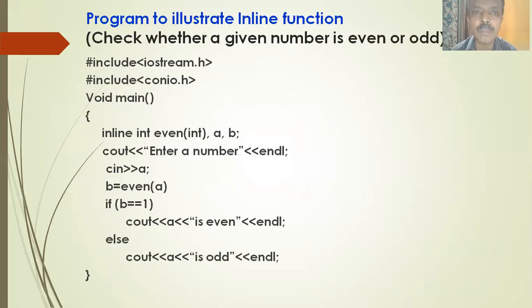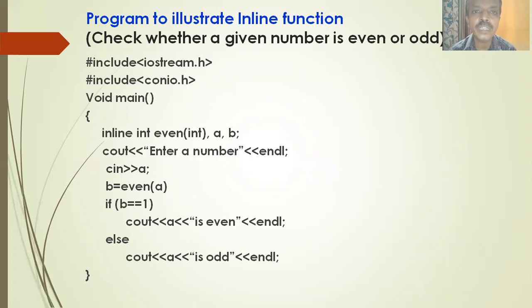The third program is to illustrate how to use inline functions in C++. The inline function concept is also a unique characteristic of C++ functions. Only small functions can make use of inline functions. The main benefit of an inline function is that whenever you call a function, instead of the control leaving the calling function and going to the called function, the statements of the called function will be copied into the calling function.